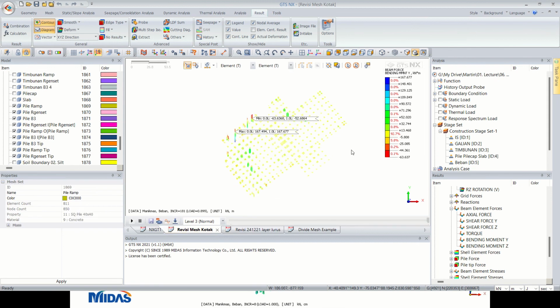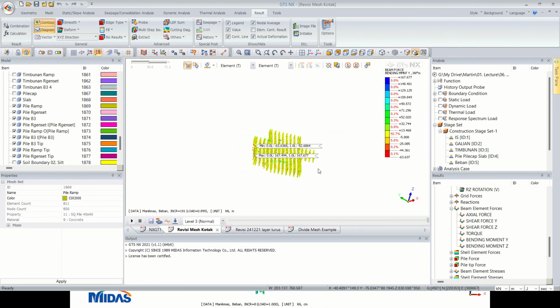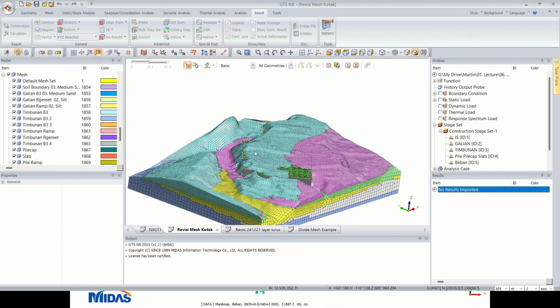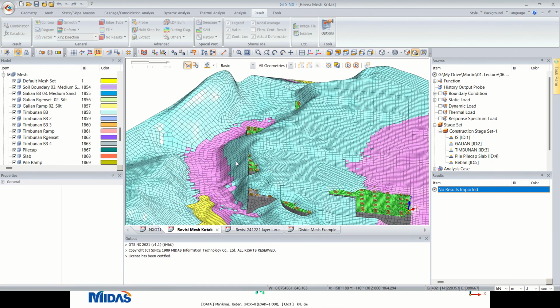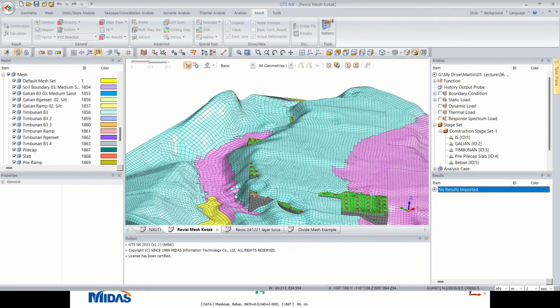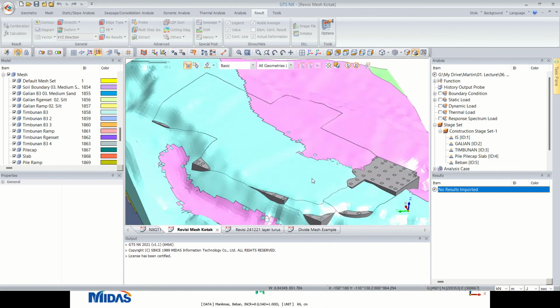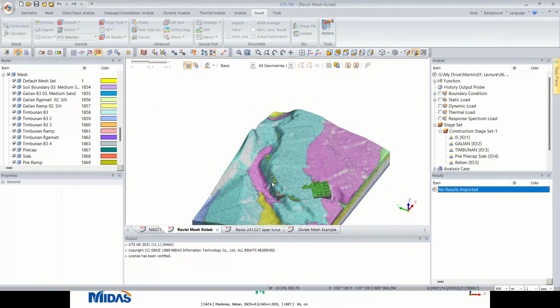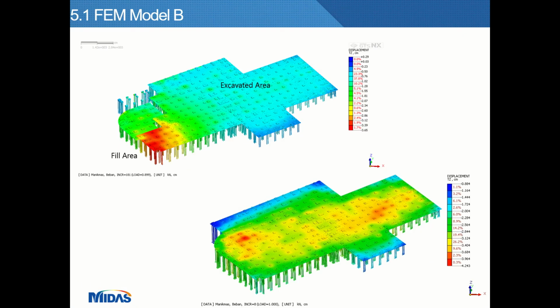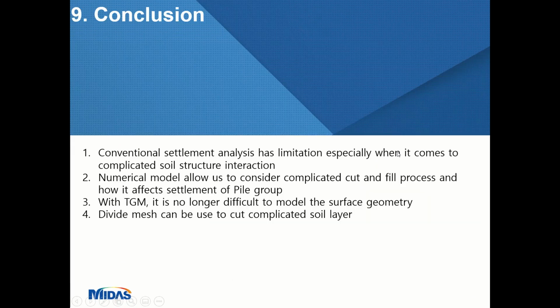So if you look into here, apparently the non-horizontal soil surface might affect your result as well. Especially at this area, where it might not be stable, where there is a sliding plane, then you might have a bigger bending moment and shear force. So you have to be very careful on that. Okay, so let me go back again to my presentation.